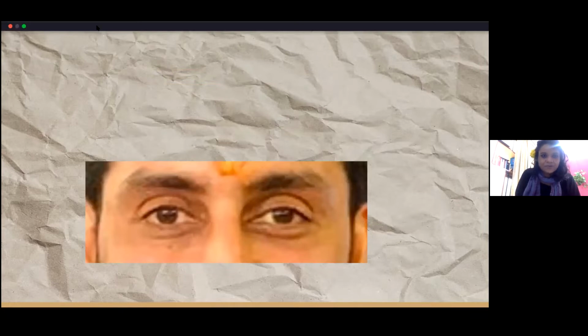Abhishek Bachchan. Okay, let me take some time off to educate using this opportunity. Notice Abhishek Bachchan's eyes. Notice how the eyebrows are rather straight as compared to others. Ajay Devgan. Wait. You have to teach, guys. Yes, this is Abhishek Bachchan. Hold on, guys. I wanted to show you this. Notice the straight eyebrows.